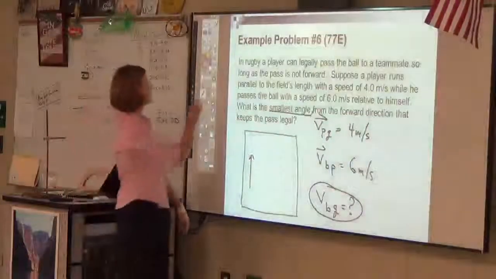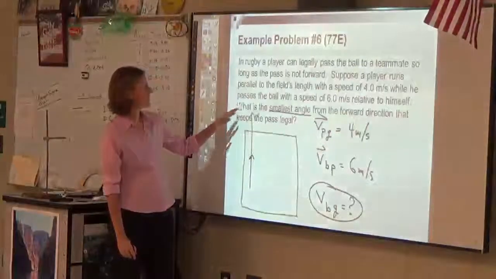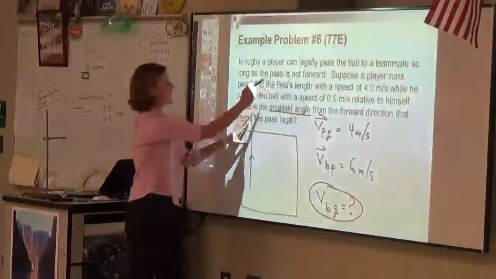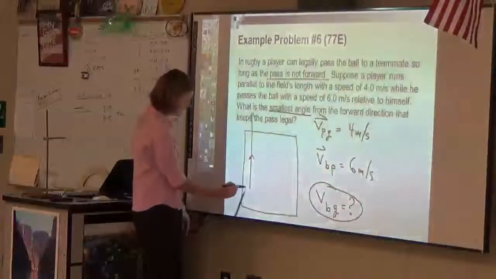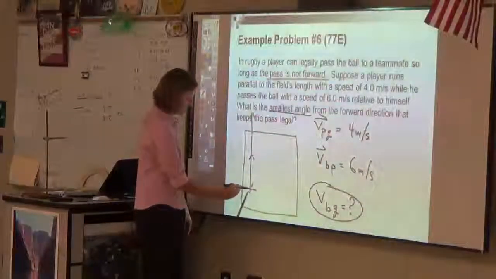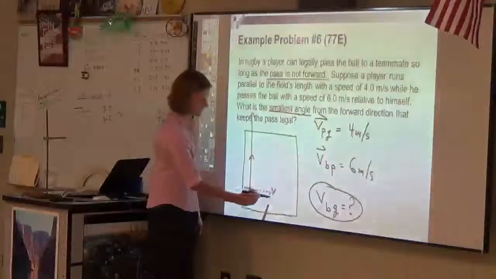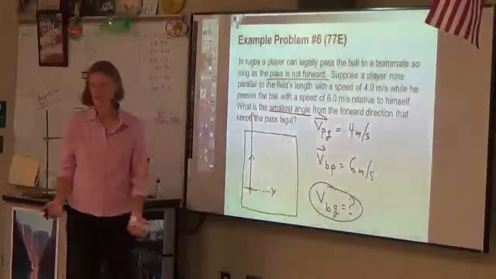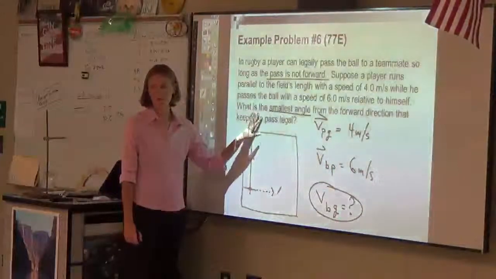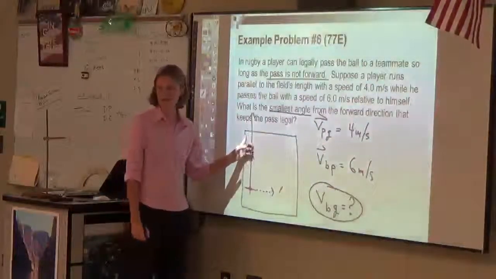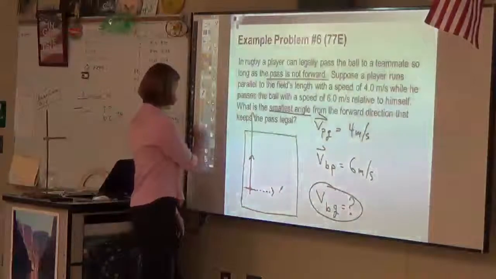If I just draw on the 6 in the same direction like this, well, does that fit my requirement here? We got to pass it so the pass is not forward. So pass cannot be, if this is where my player is, pass has to be like this as a net velocity. So can the rugby player throw it forward at all? No. If he's running forward, he's got to compensate for that by throwing it backwards. Now he can still throw it to the side, but